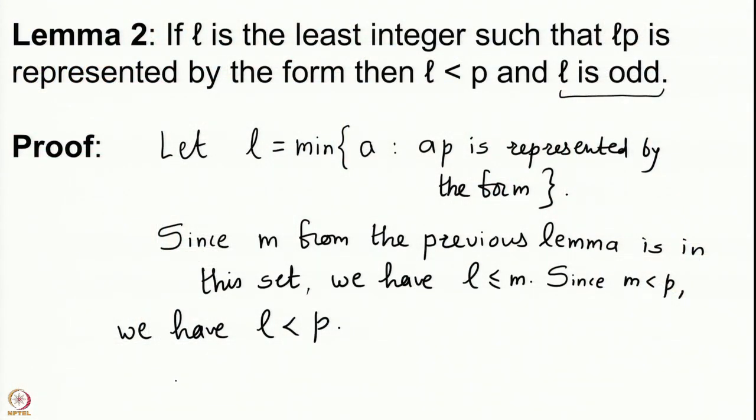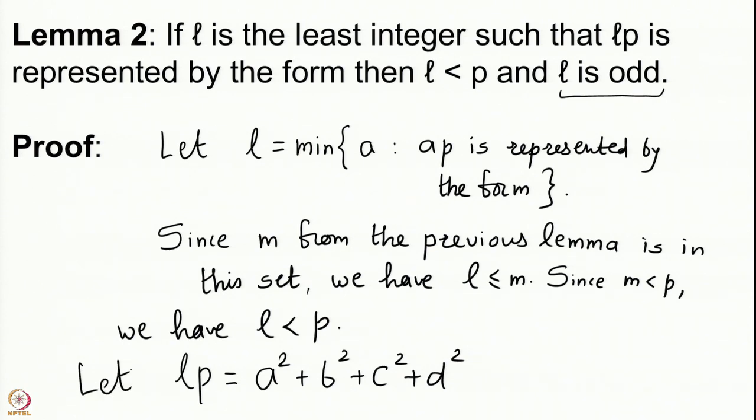So, let us see what we have. Suppose we write LP as a square plus b square plus c square plus d square. Suppose this is a representation for LP by the form which we are looking at. Now, the integers a, b, c, d are some integers, they can be even or they can be odd. If L is an even integer, so if